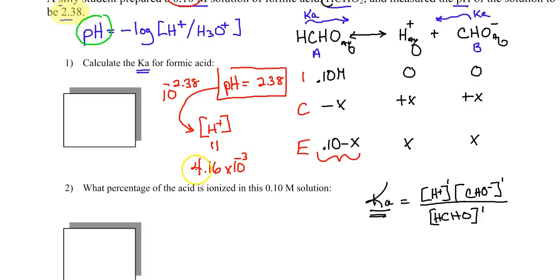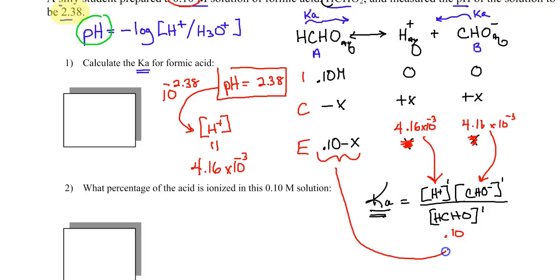And of course, that would have to be at equilibrium. They don't say saturated here like a Ksp problem, but it has to be at equilibrium. And so that's the value of H plus at equilibrium. So my x, all this plus x and stuff, is this 4.16 times 10 to the negative 3. And this is the same value because it's a one-to-one relationship. And so all we're going to do is put these values here, put this value here, and our only problem we have is this